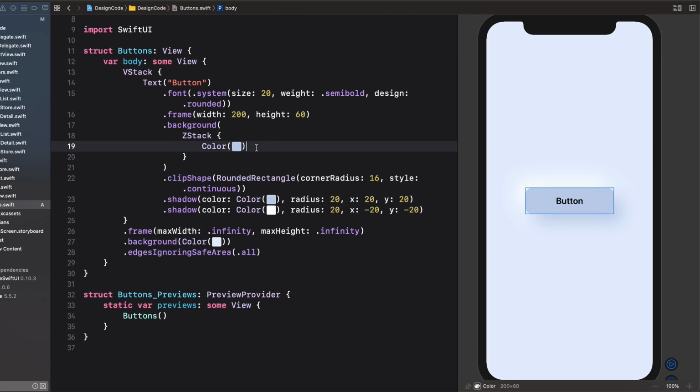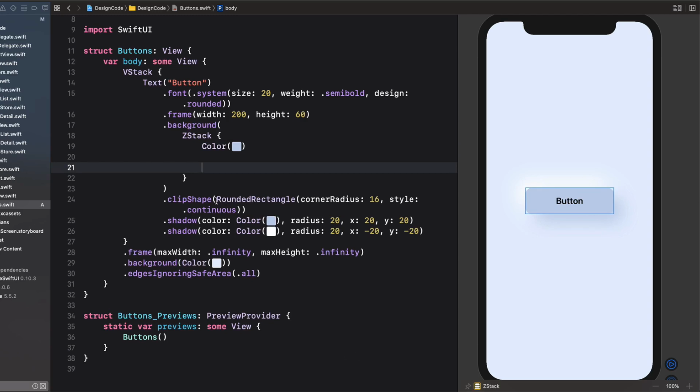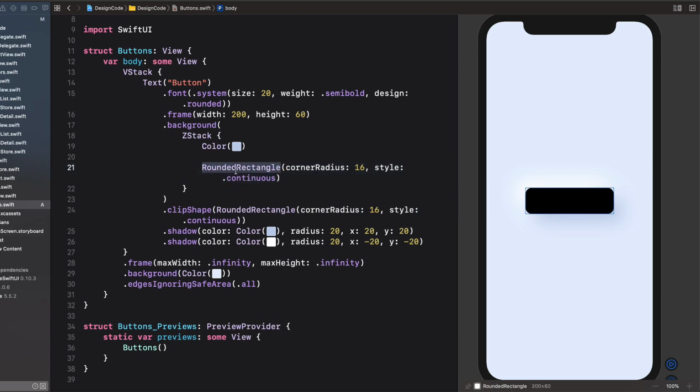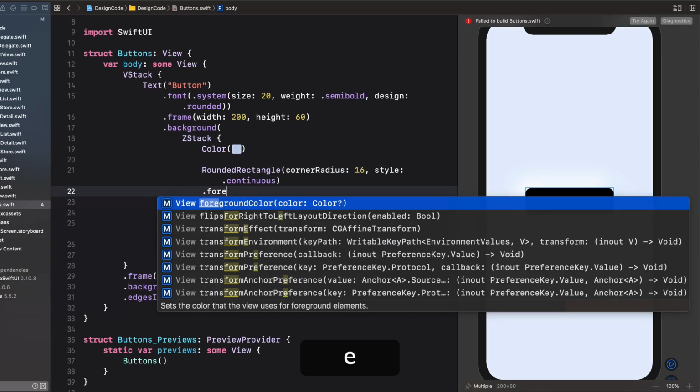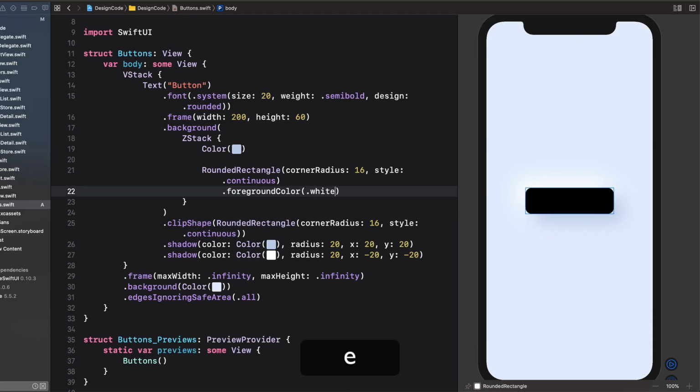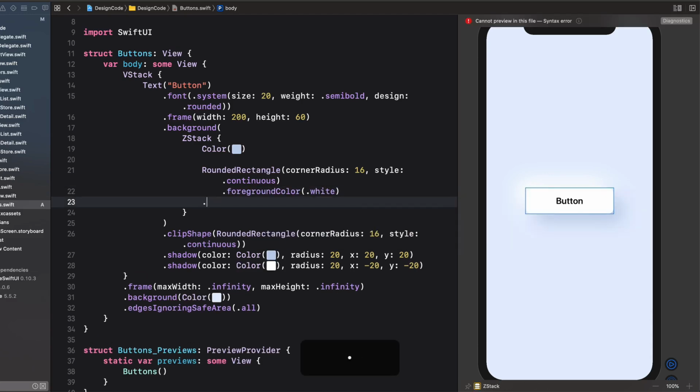Then for the second color layer, I'm going to create exactly the same shape as my current button here. In fact, I can just copy and paste the rounded rectangle code, which I'm going to put right here. This is a simple rounded rectangle with corner radius 16 and style continuous. Then I'm going to set a foreground color to dot white. Then I'm going to add a new modifier called dot blur, and I'm going to set the blur to 4. As you can see, we have some inner